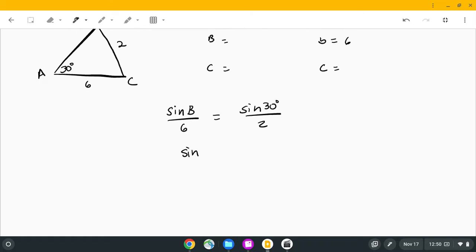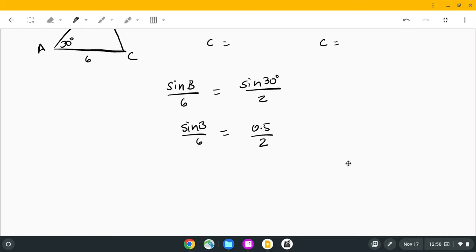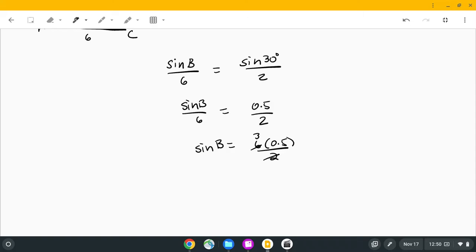So sine B over 6 equals 0.5 over 2. All right, multiply both sides by 6, and I get 6 times 0.5 divided by 2, but this becomes 3, right? And so 3 times 0.5